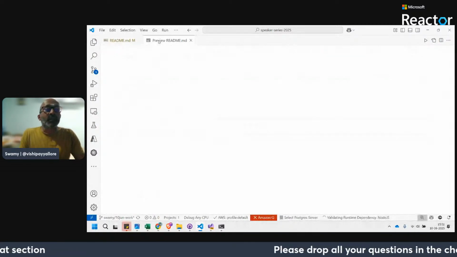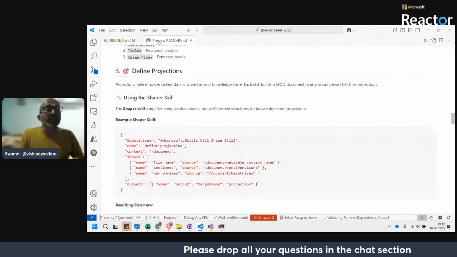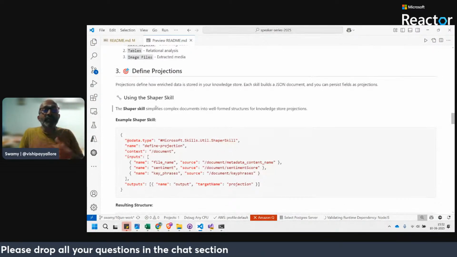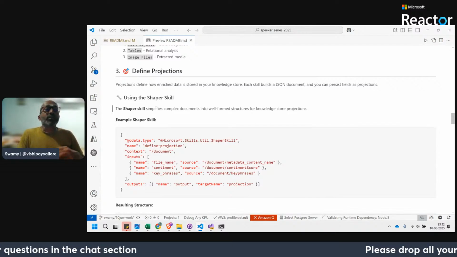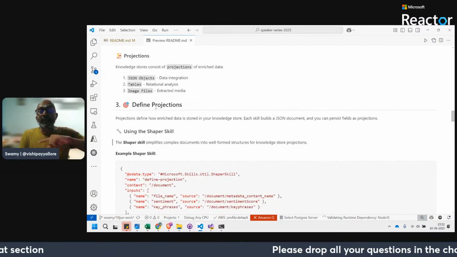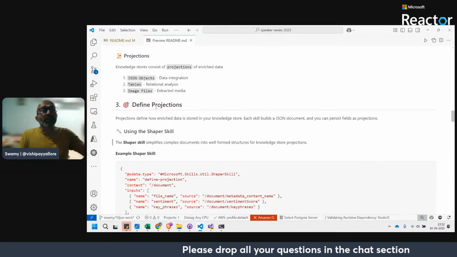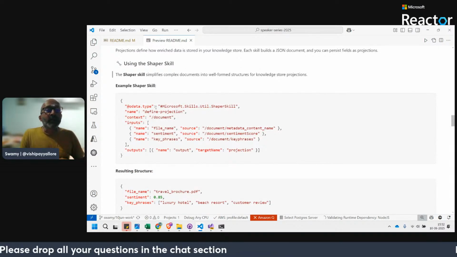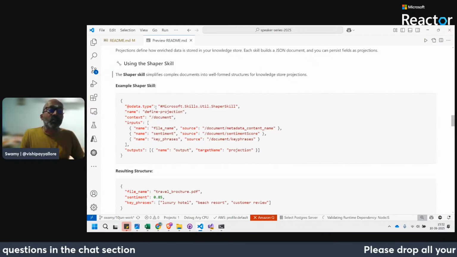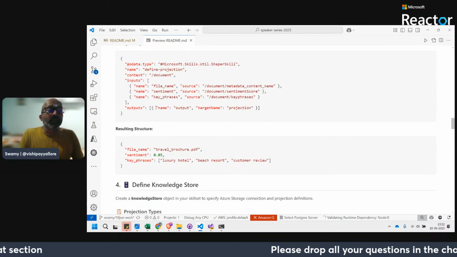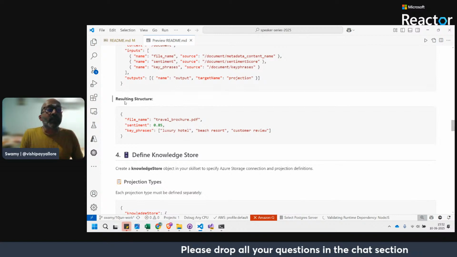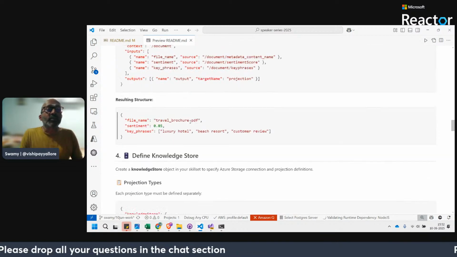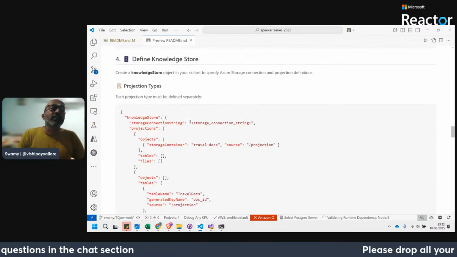So that's for the projections. Okay, shaper skill simplifies a complex document into well-formed structures for knowledge store projections. So knowledge store projections is either stored as JSON objects or a table or an image. So here we are specifying the projections, and here we have the resulting structure of what those things are, and define the knowledge store.